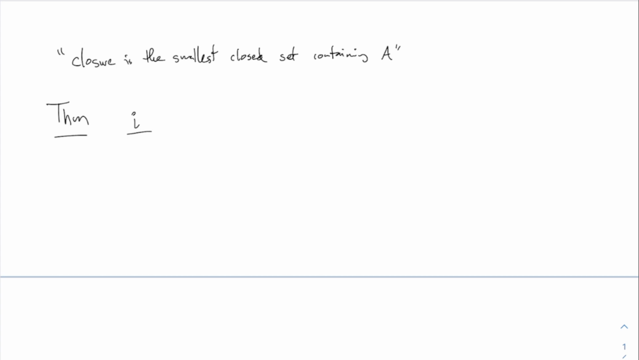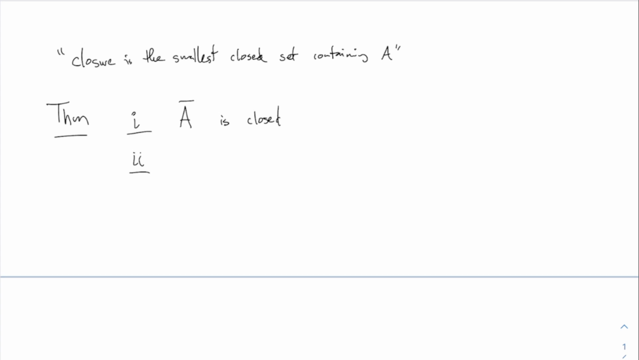The first part is just that A bar is closed, right? So the closure really is a closed set. And second of all is the thing about smallest. What do I mean by smallest? I mean smallest in terms of subsets. So that all the closed sets containing A,